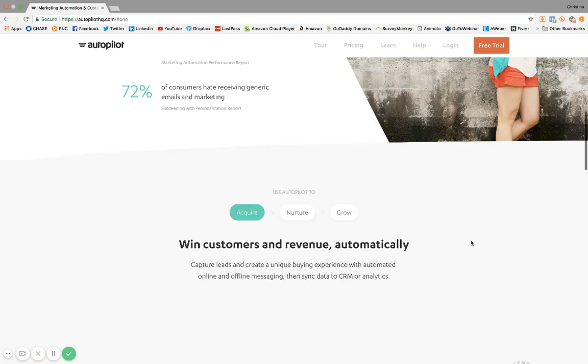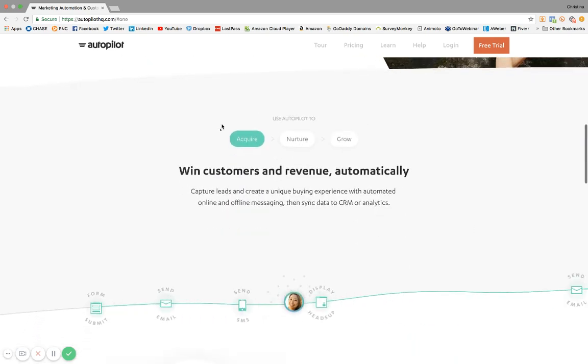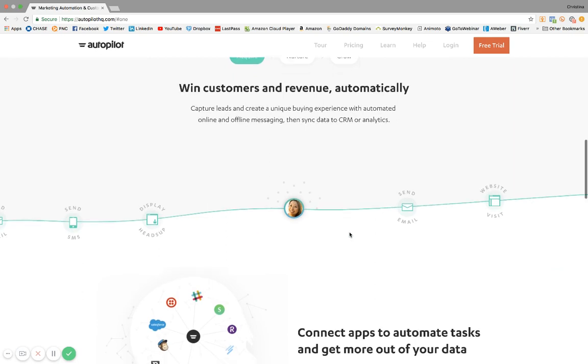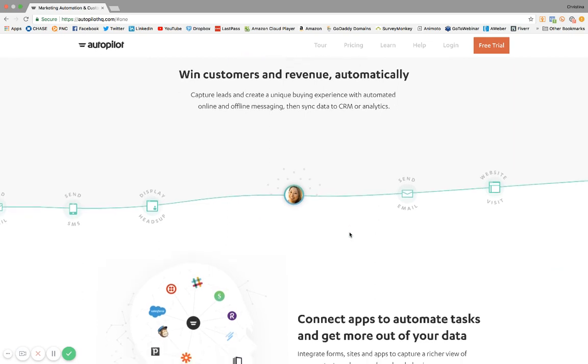All right, so right here is their 3-step how it works: acquire, nurture, and grow. So acquire new leads, nurture them with a predetermined sequence, and grow your email list and your buyers, your customer base. Win customers and revenue automatically. Capture leads and create a unique buying experience with automated online and offline messages that integrate with your CRM and your data analytics. So right here, they have a timeline with different touch points,